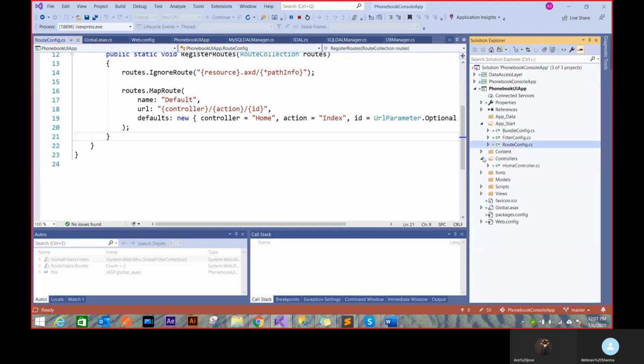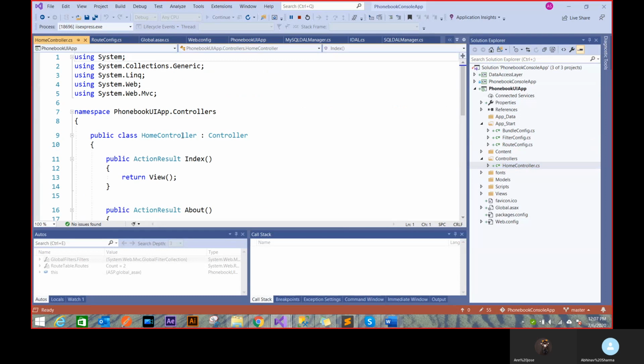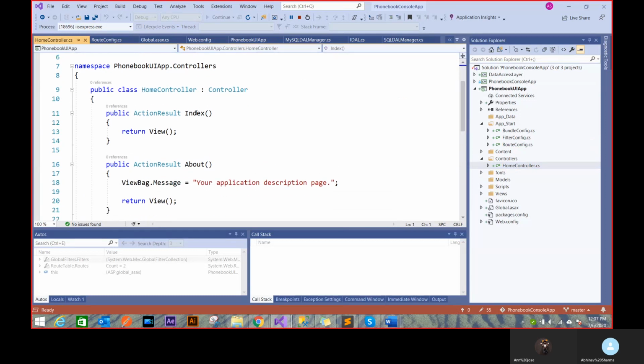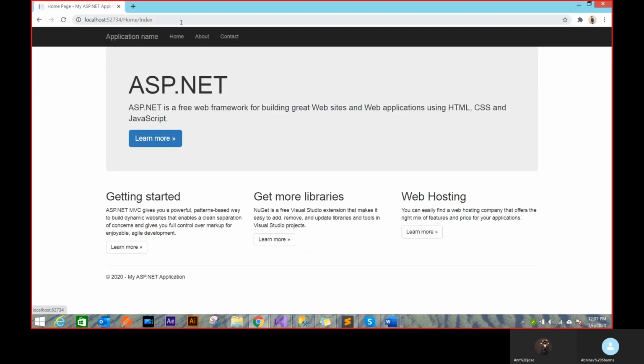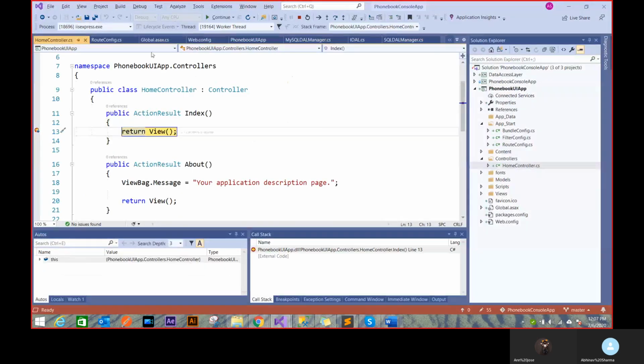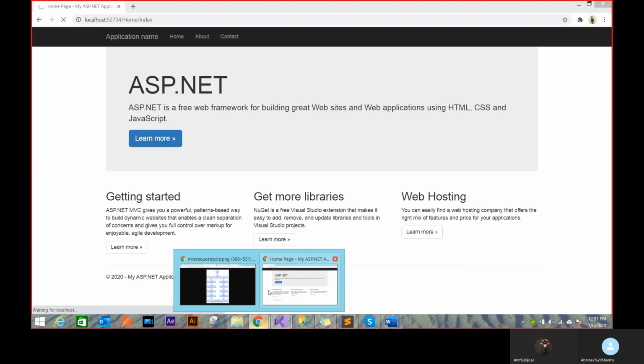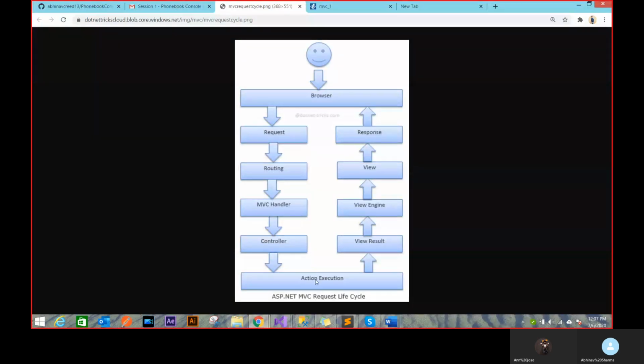Let's see that, home controller. That's the convention. You write home, then controller. Then inside a home controller, you see an index action, right? So if I do that, I know my route would somehow work. I don't know how, it's on the framework, but I know when I do this, it's going to hit my controller. So that's convention. You see how it's following that routing thing. If I don't follow the convention, then eventually my whole routing breaks apart. Because I've read my routing, I know how convention works, so it's going to definitely hit my function. That's like the first thing I was talking about. Now I'm at the action execution.